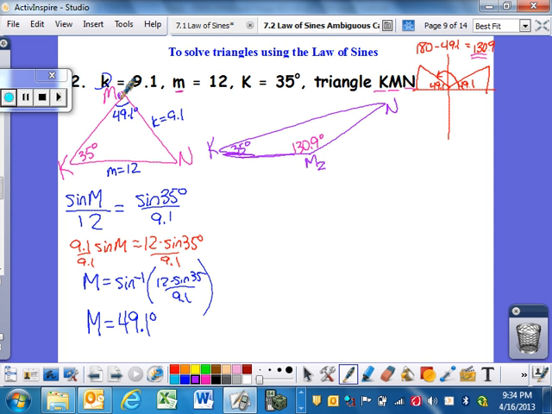Now when I end up giving you two possible triangles, you have to solve for both of them. That's what kind of sucks about this whole scenario. So let's just focus in on one of them. Let's go back to that first one, okay? And let's finish what we know or need to find. If you know two of the angles, the third one just has to add up to 180. Okay? So I'm going to say that this is M1 for triangle 1. Angle N1 has to be 180 minus 49.1 and also minus 35. And that's equal to 95.9 degrees. So I know that that's equal to angle N for triangle 1. So this one's going to be 95.9